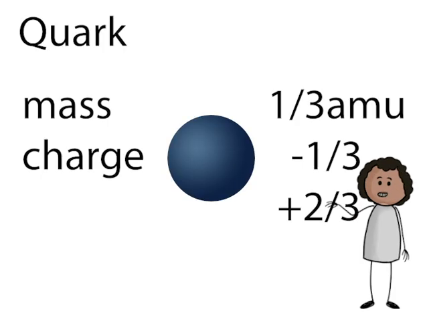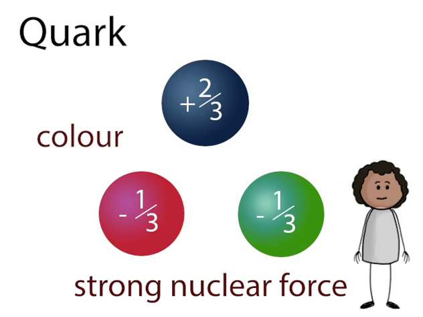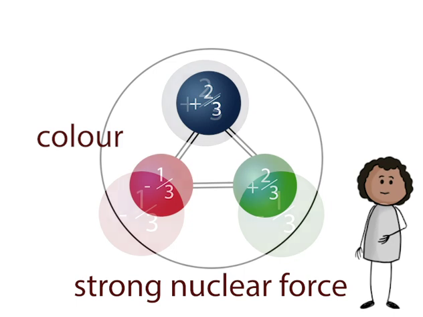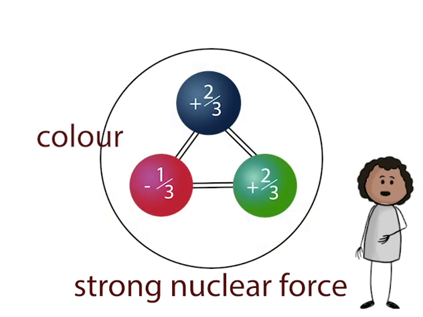If we look at our first particle, called a quark, then we can see that not only does it have mass, but it can have different values for charge. It also has a property that's unique to quarks, though, called colour. Different colour combinations allow quarks to form something called the strong nuclear force, which allows them to bind together